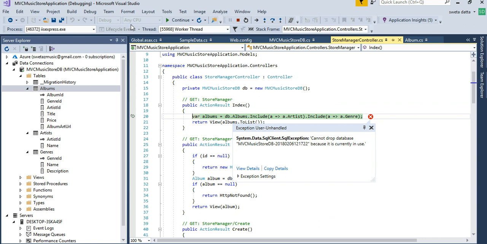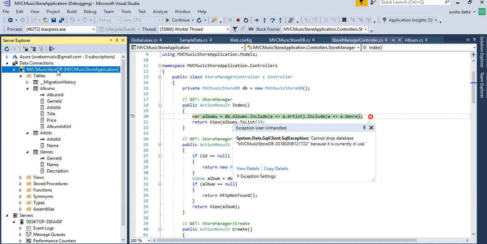You can see here it's saying cannot drop database because it is currently in use. So this is a cool way to know that it is trying to drop the database even though it exists. The reason why I am getting this error is because I am still connected to the music store database in my Server Explorer.